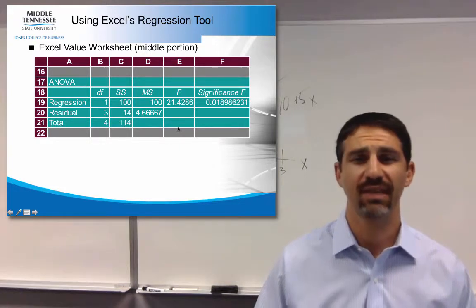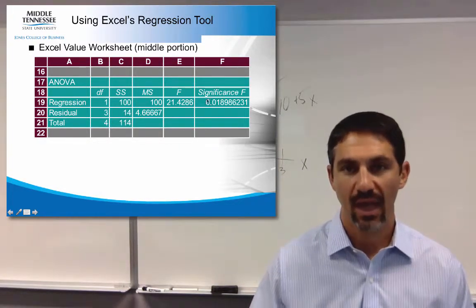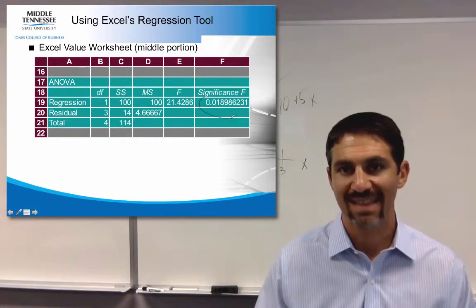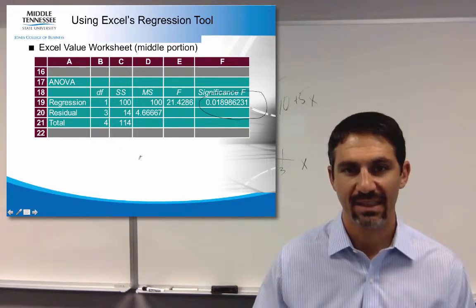Is the model significant? Is there a significant relationship here? There's this value right on this side. If that's less than, guess what? Which value do you think? If it's less than